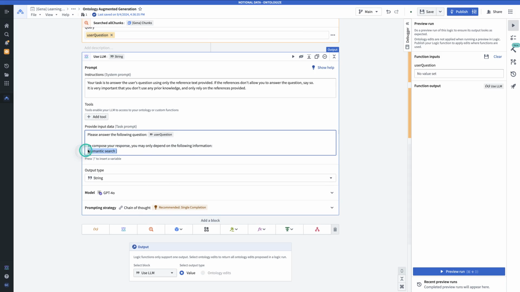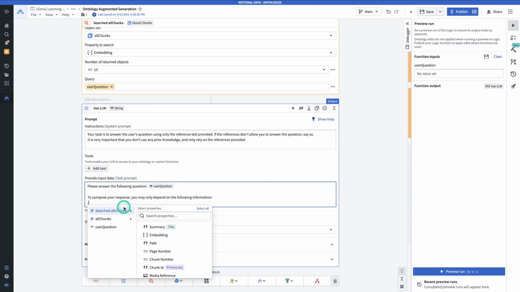Similarly, where we refer to semantic search here, it's not actually referring to the semantic search output in the function. So we'll delete that. We'll type a /, select searched all chunks, which is the name of my semantic search block. Yours might be different. And for the property, we'll use content